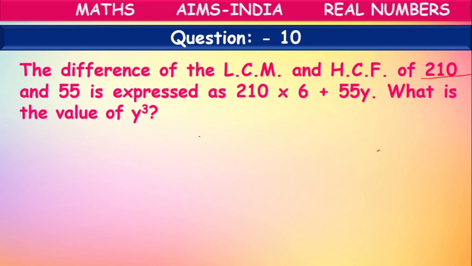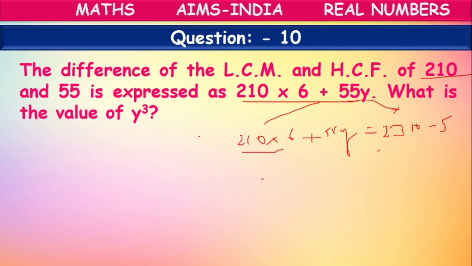What they have given? The difference of HCF and LCM is equal to this one. Means 210 into X plus 55 Y equal to the difference of LCM and HCF, means 2310 minus 5. So let us multiply this one and take it to that side. So here we will be having 55 Y equal to 2310 minus 5, means